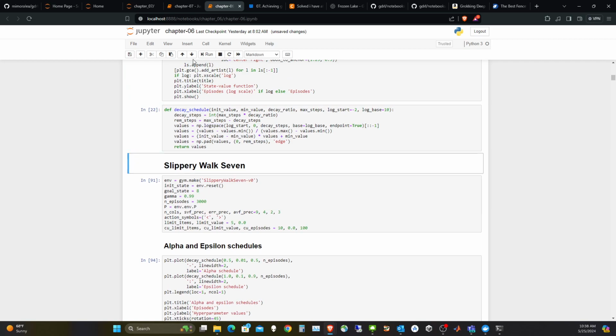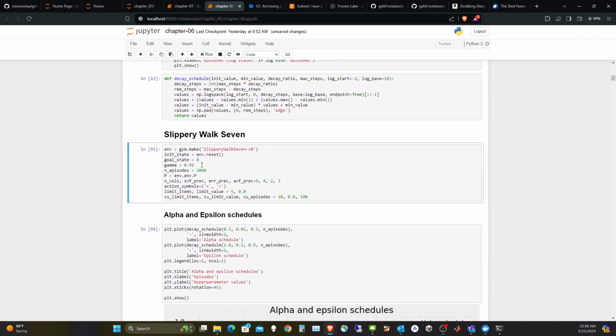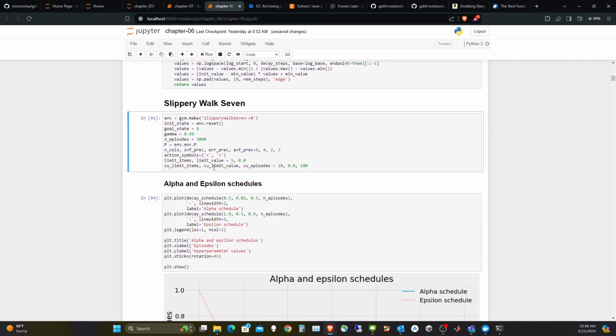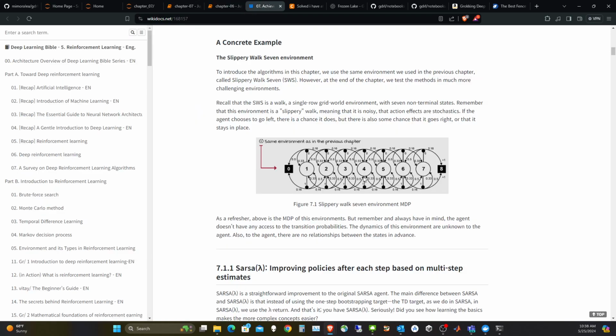Okay, so we're done with the libraries that we're going to use. Now we're going to go to the environment. The first environment is Slippery Walk 7, which is this one. So you have a linear set of states. You go from 0 to 8, and you want to go to 8. You can imagine that you're going to get better rewards for going right. When you take an action, let's say you want to go right, there's going to be a probability of going back or staying in the same state. And you can see it